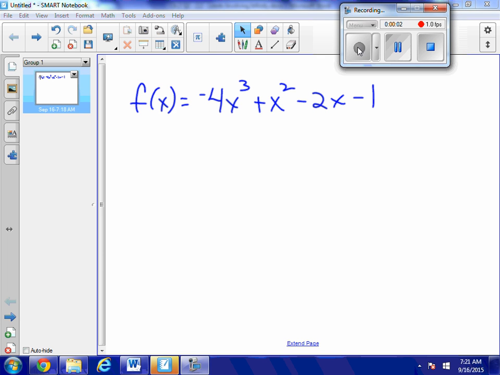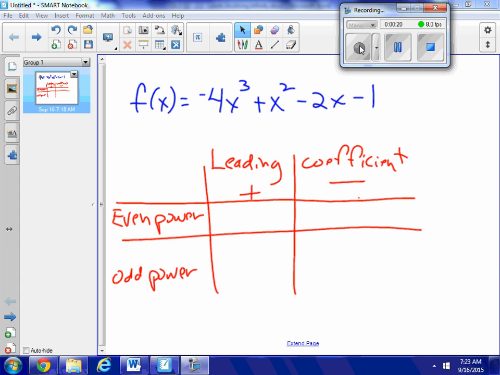I'm asked to find a power function end behavior model for this function. And really that's just kind of a fancy way of saying, what's this graph going to look like as x approaches infinity and as x approaches negative infinity? So it's a polynomial. And if you remember from pre-calculus or algebra 2, the end behavior in terms of whether